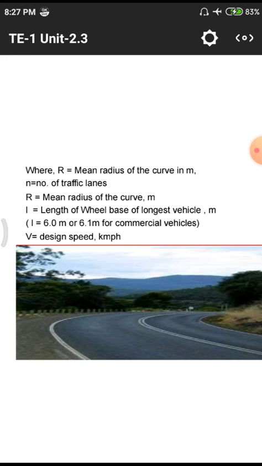For an expressway, the design speed is 120. National highway, it is 100 kilometers per hour. Major district roads, 80 kilometers per hour. Like that, design speed we need to maintain according to the kind of road. R is the normal radius of the curve. L equals length of the wheelbase. It depends upon the vehicle. Normally we design for a large span vehicle so that short span vehicles will cross easily in these curves. If we design for a short span vehicle, large span vehicles will face problems. So we need to go for a value as large as possible, so that we face minimum problems.